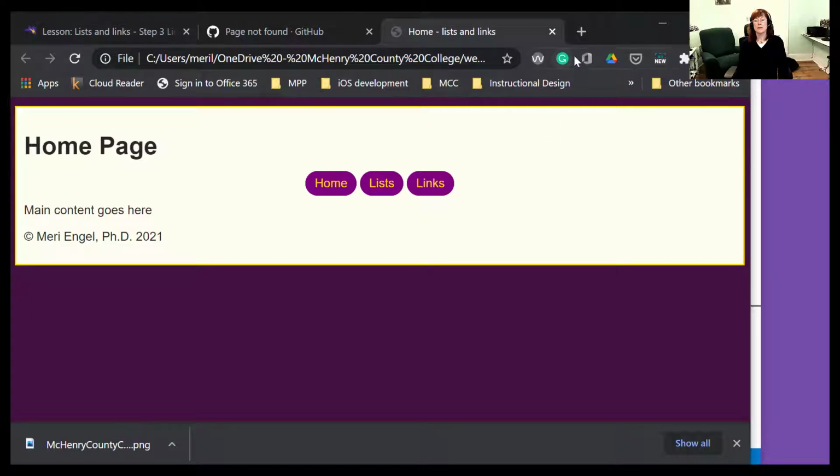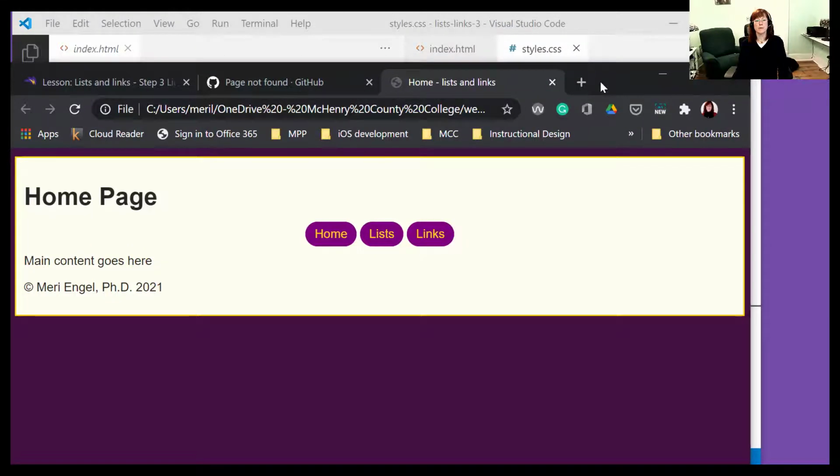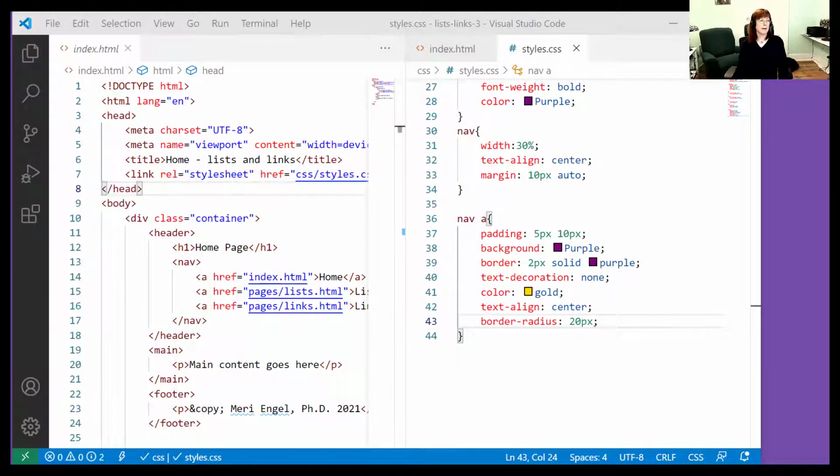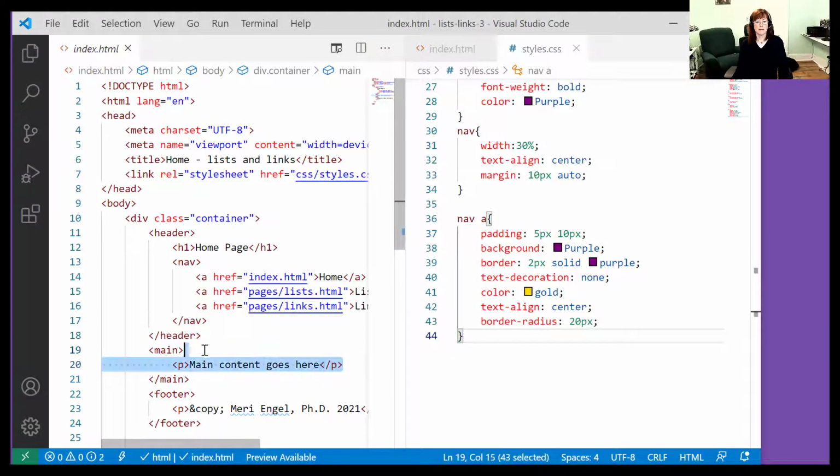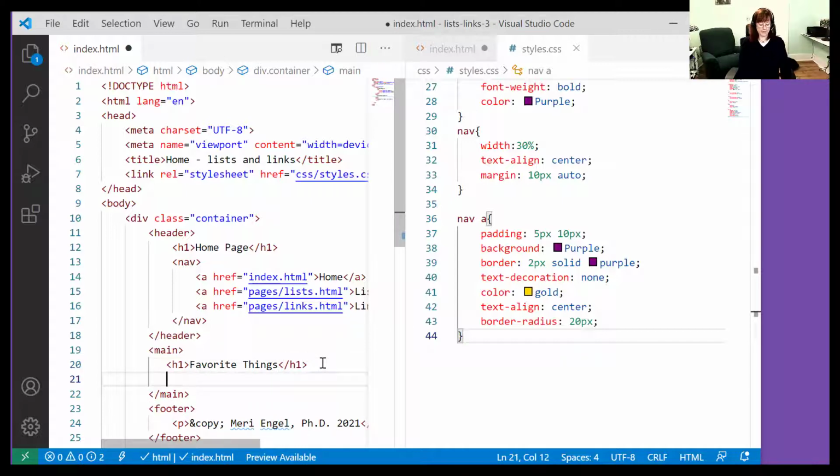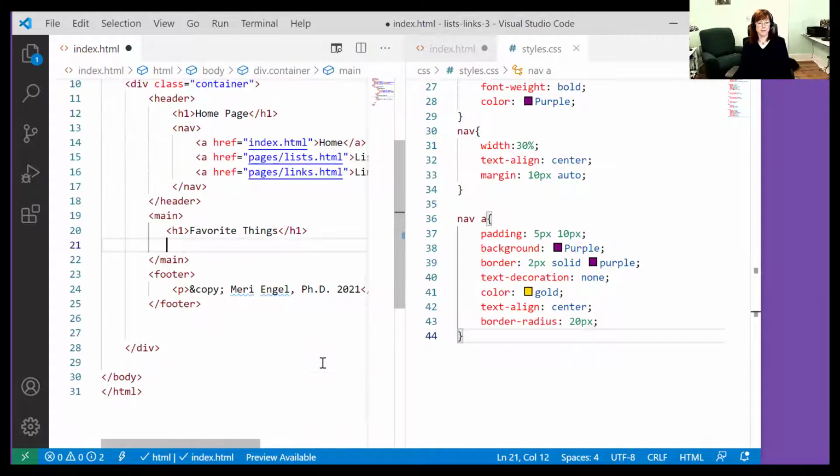Okay, so now I can do my links, and you're going to be doing sort of your own thing here, but I want to have some examples. And I'm going to have a bunch of different sections. So I'm actually going to use Emmet shortcuts here to make this as easy as possible. So what I want to do is have